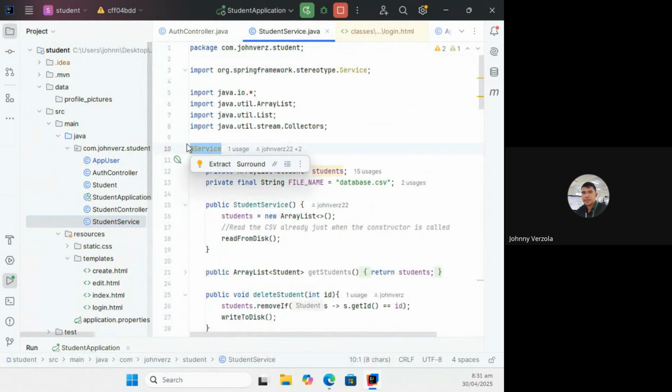When we say bean, it's an object managed by Spring Boot that is automatically injected for us without us creating those objects manually. Now, a service is a type of bean that contains business logic on a single entity. When we say entity, it could be student, it could be user, any real world thing.